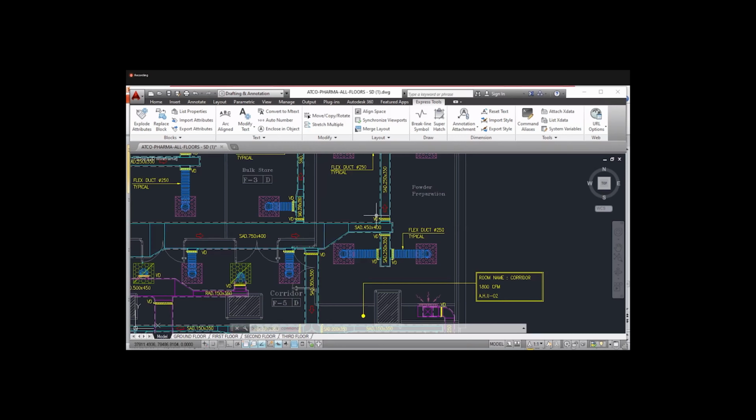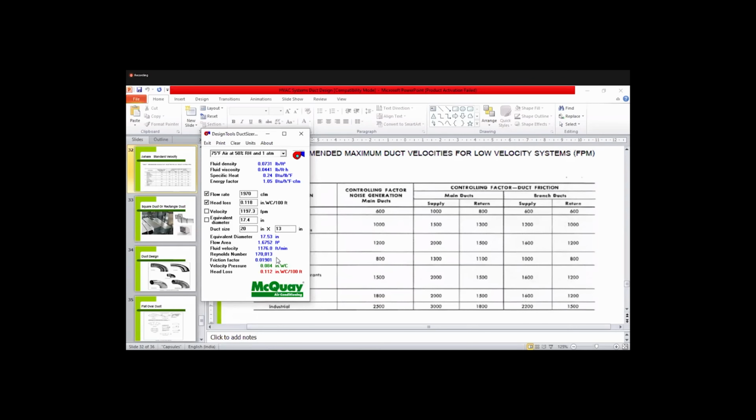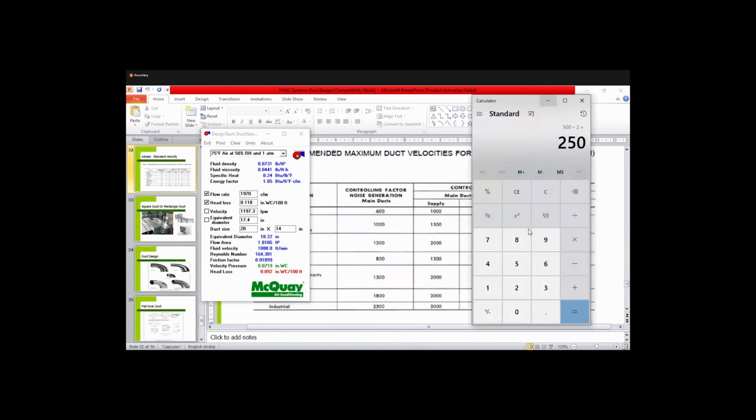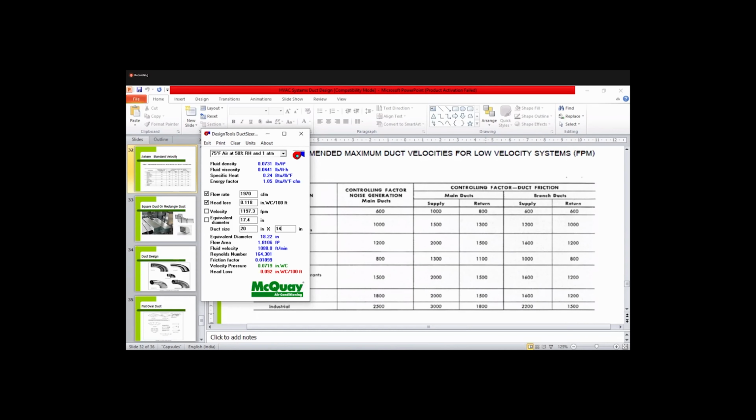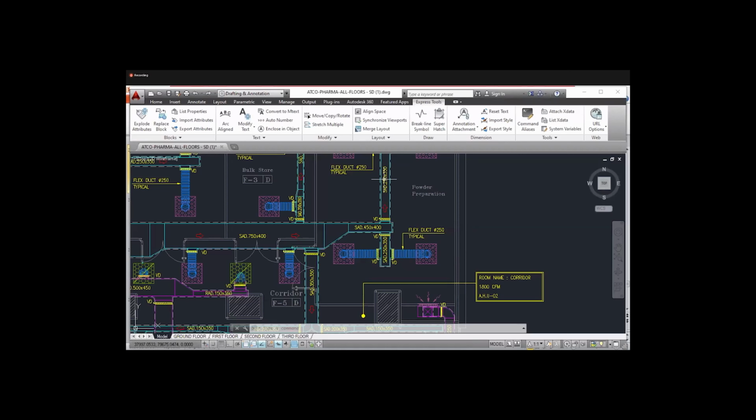Okay, and what is the width? Width here is 13, so we have to go with 14. 350. So 350.